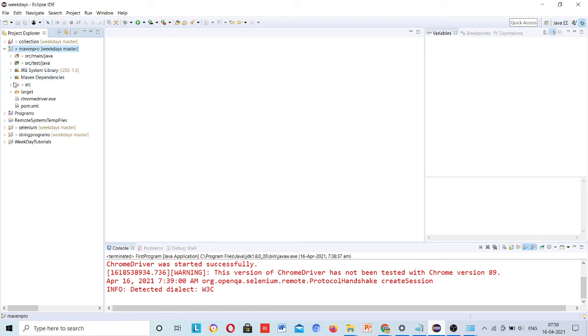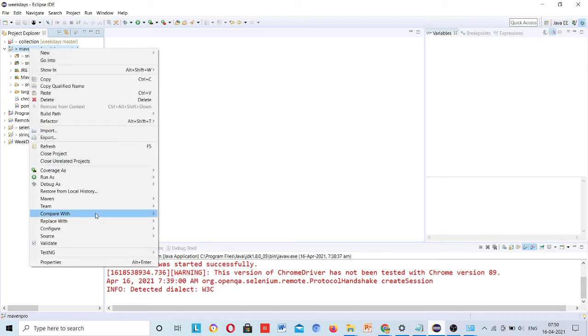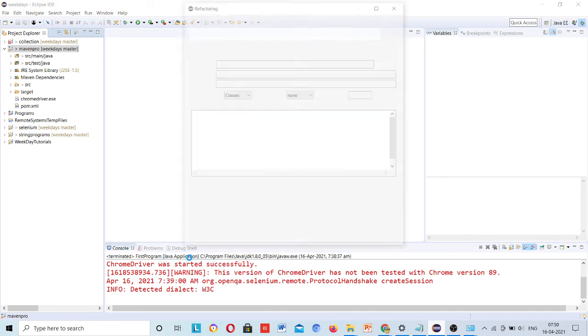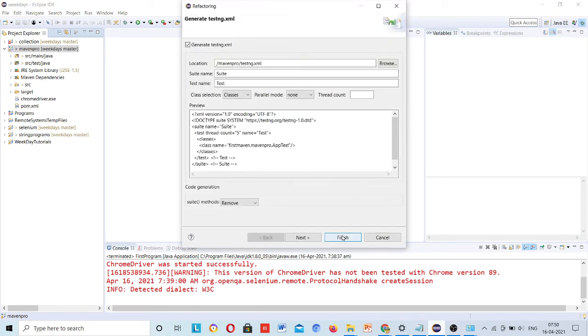There is no testng folder present here. Once you convert then it will be present in your project once you install that. Okay, convert to testng, and finish.